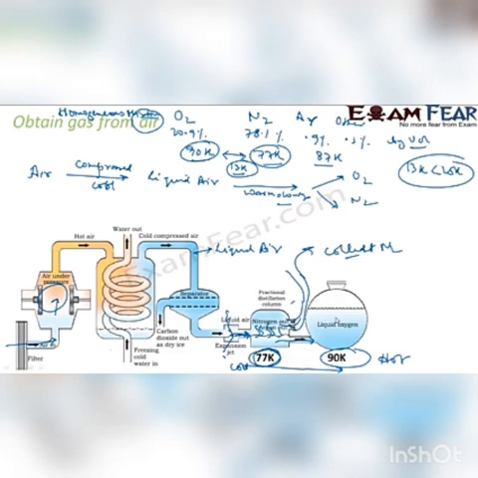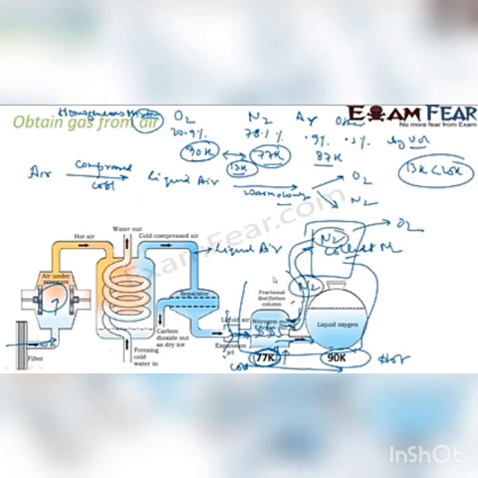So if you see here, this is the main point, and please note the temperature is differentiated. Here we maintain the temperature of 77 K, not more than that, because if we make it 90 K here, oxygen will also evaporate and will be collected in this tank. In this tank we want to collect only nitrogen, so we make sure the temperature is 77 K here. With that, only nitrogen gets evaporated, and we collect it. The remaining liquid air is passed on here, and it typically has more oxygen.